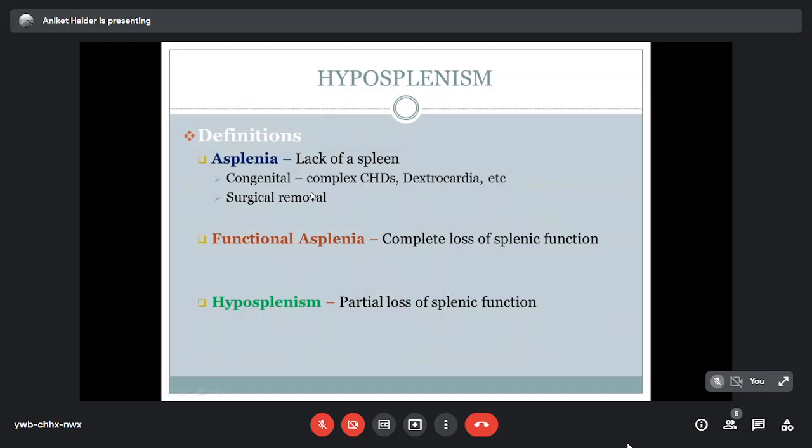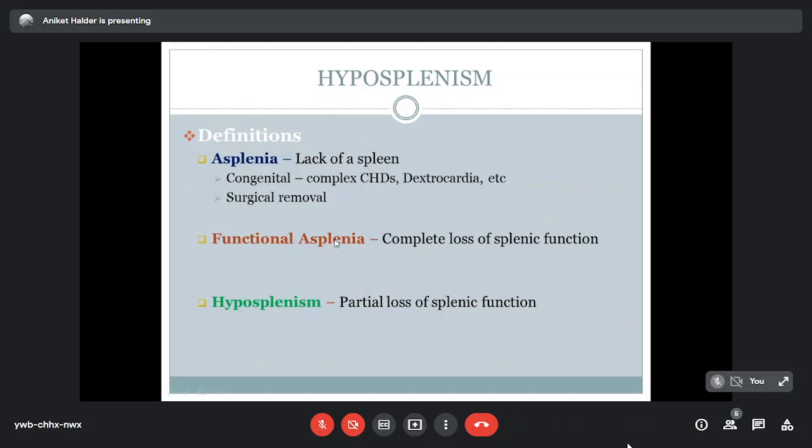So that is a congenital cause of asplenia, and surgical removal or splenectomy is the cause of asplenia in older individuals or individuals who have undergone spleen removal. Functional asplenia is due to complete loss of splenic function. In functional asplenia, the spleen may be present, but there will be complete loss of splenic function, and it